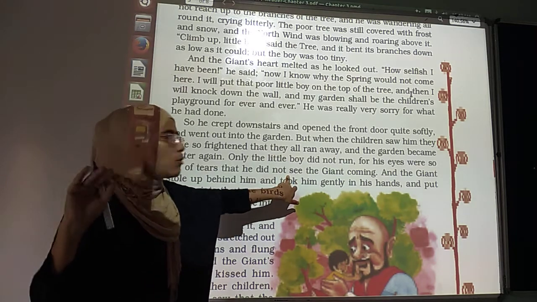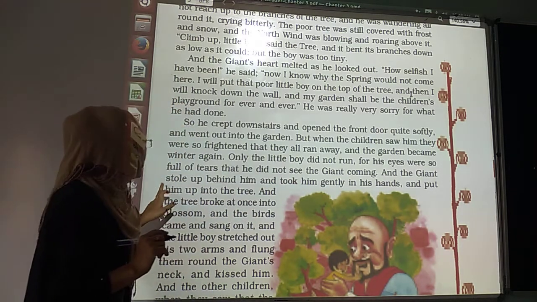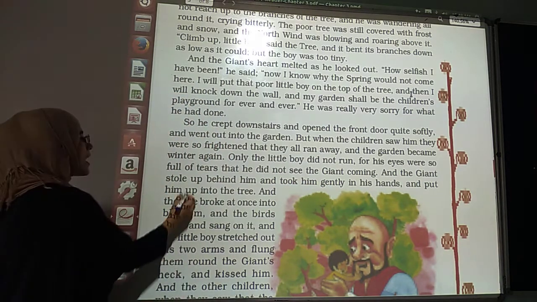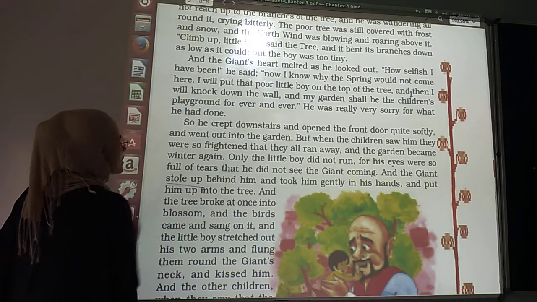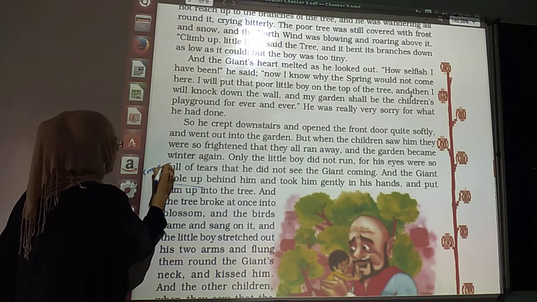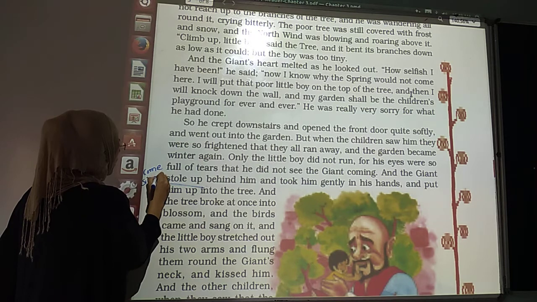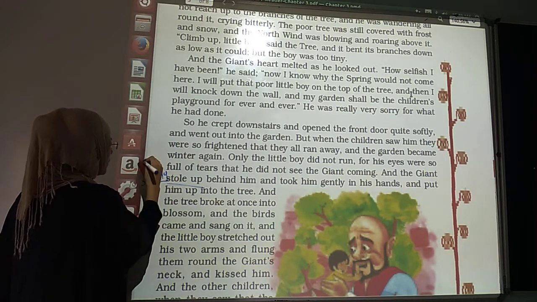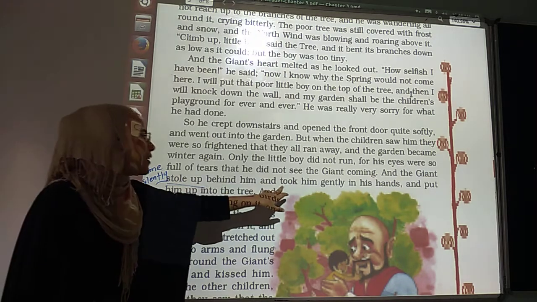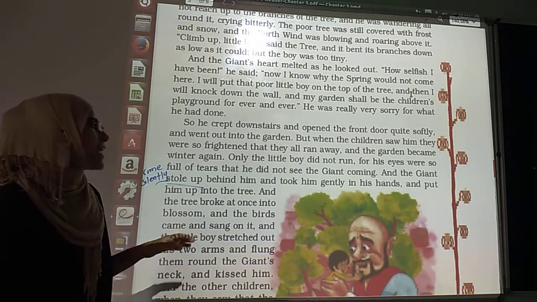And the giant stole up behind him and took him gently in his hands. The giant stole up, that means he came silently.